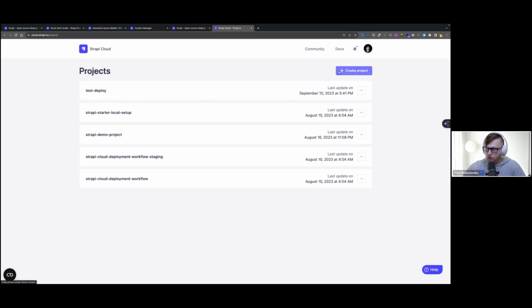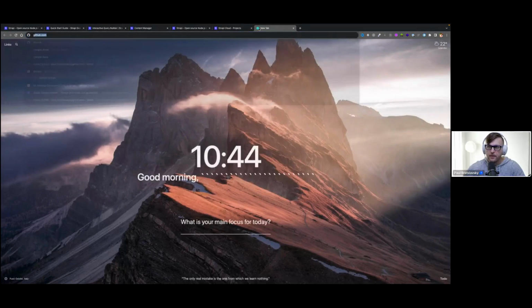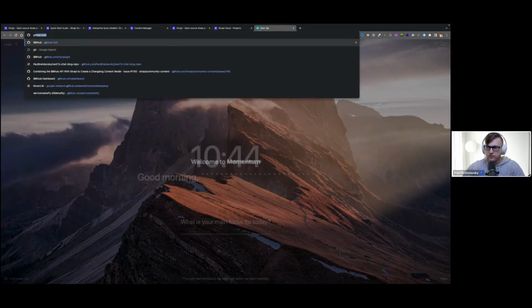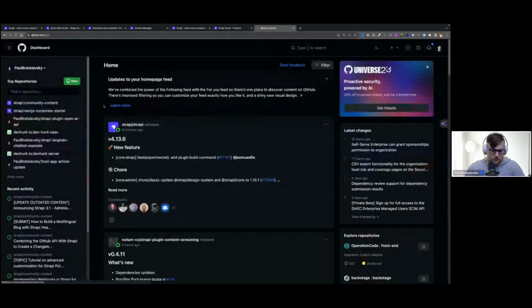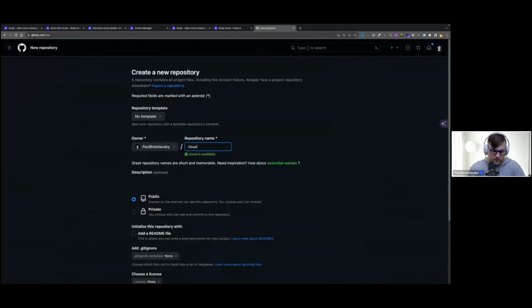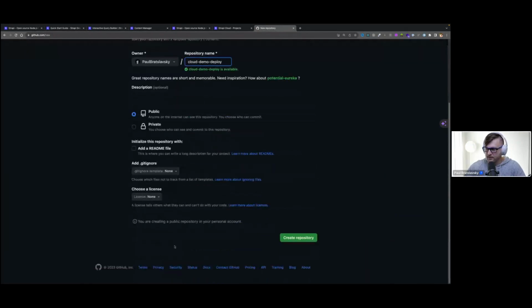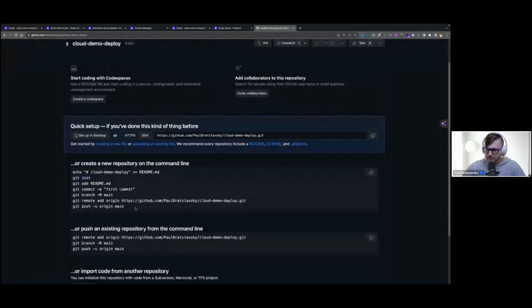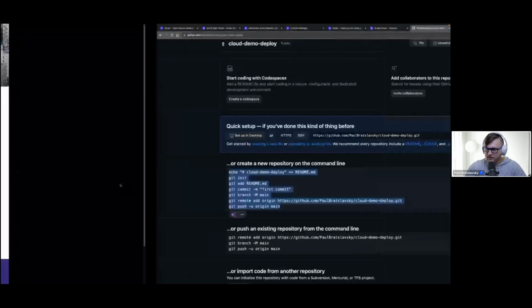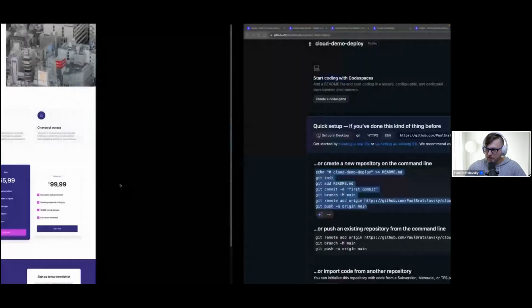Like I said, before creating a new project, what you need to do is make sure that your local project is saved to Git. So let me go to GitHub and create a new project, and I'm going to call this cloud demo deploy. Click create repository. And then I'm going to copy the snippet, go inside our local project,